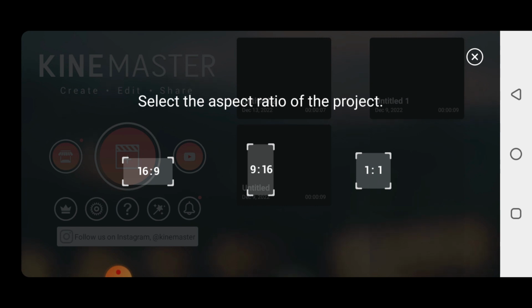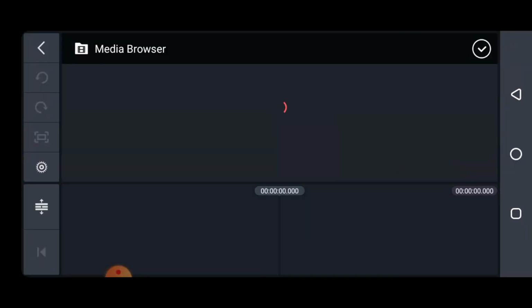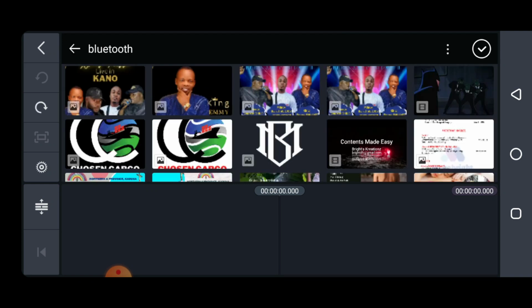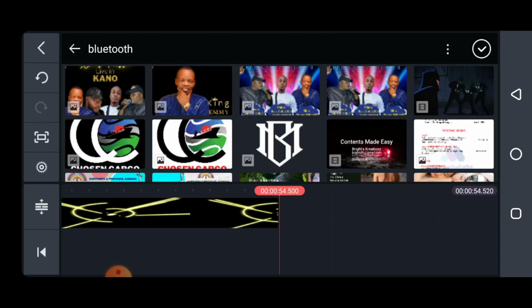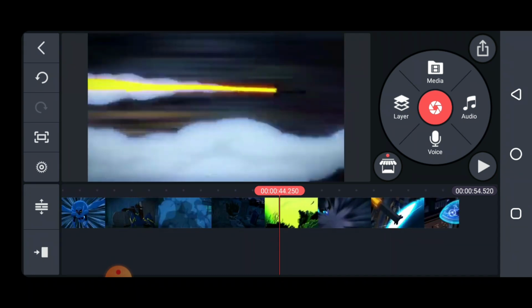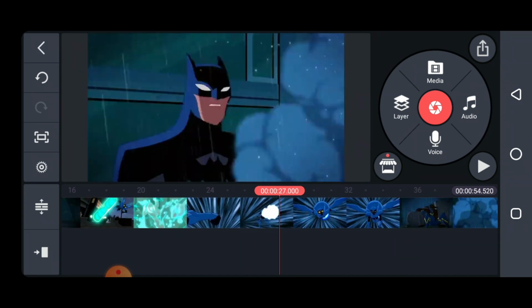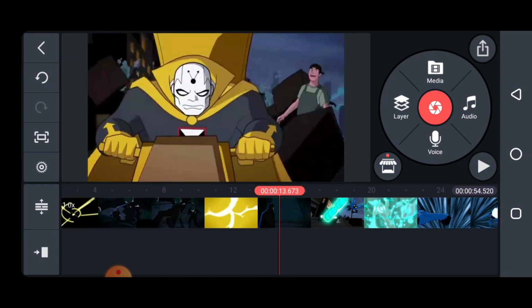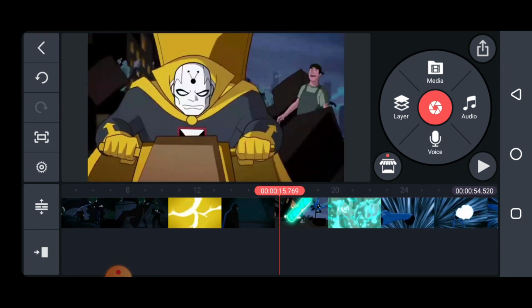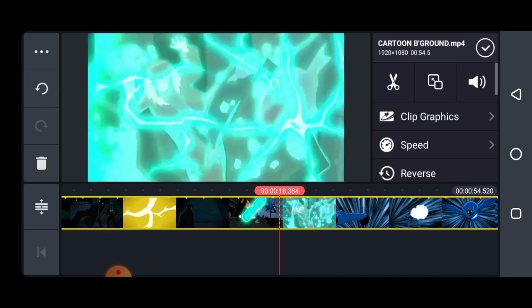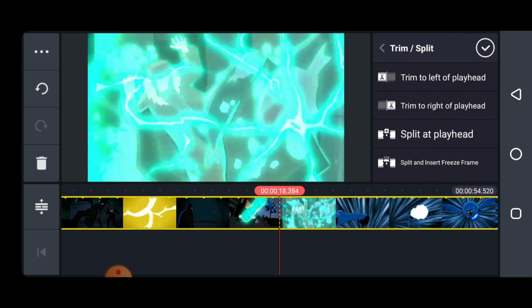When you get into Kinemaster, choose your 16:9 ratio. Okay, so just go and bring in the background video you are going to be using. That is going to be in the group. I'm going to post it there. Although I have all this, I have to resize it here. What I'm going to do is send the resized one to the class, so that you don't have to go